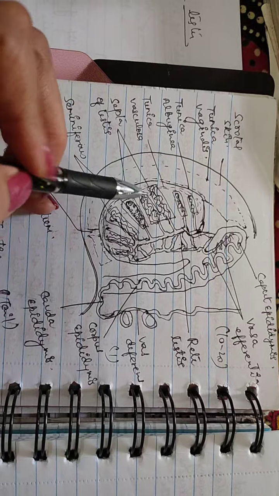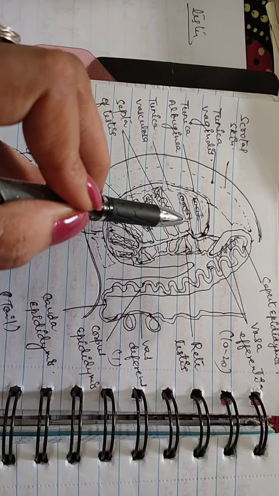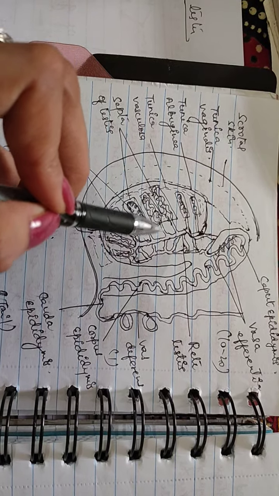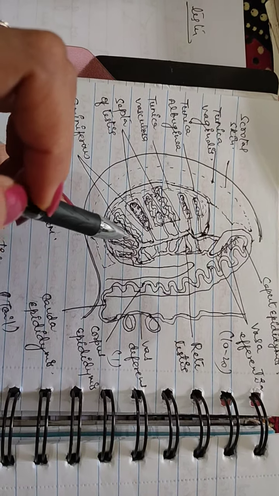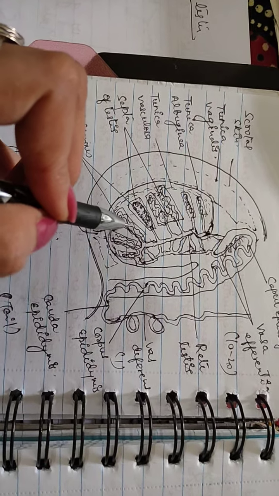See here, there are so many tubular or lobular structures, and this is called